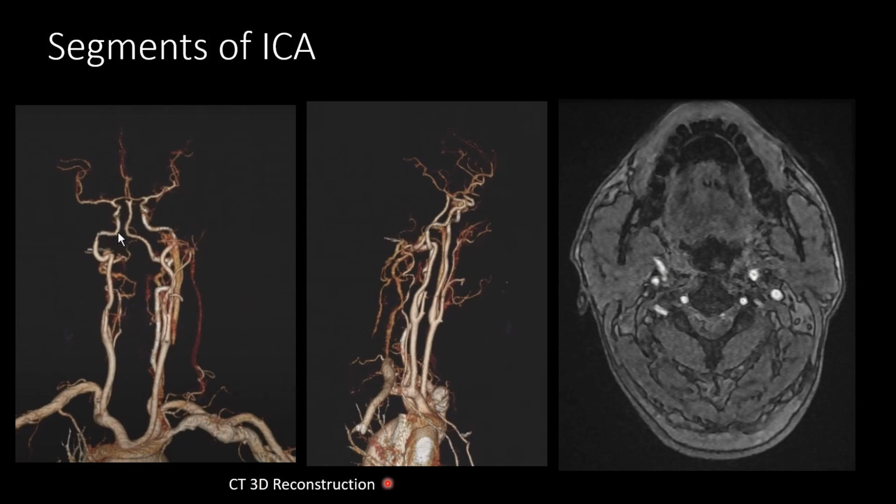Here is a CT 3D reconstruction video showing the right brachiocephalic artery which gives off the right subclavian artery and ascends as the common carotid artery, which then divides into the internal and external carotid arteries. The internal carotid artery includes a C1 or cervical segment, and then the petrous segment which runs in the carotid canal and then ascends up as the lacerum segment in the foramen lacerum and goes anteriorly in the cavernous sinus, takes a loop around the anterior clinoid process to give off the clinoid and supraclinoid segments and finally the terminating segments.